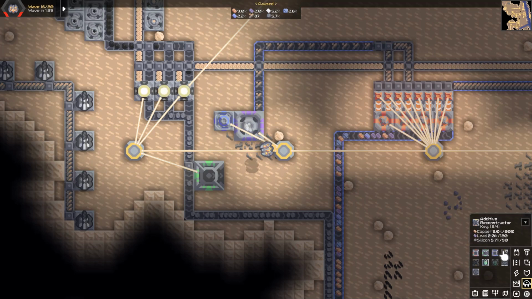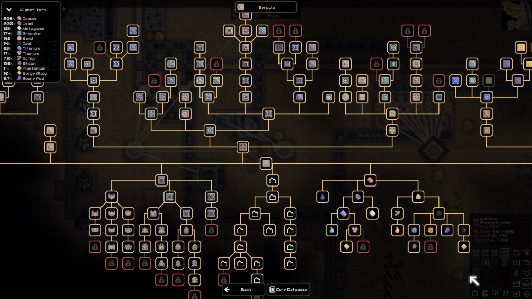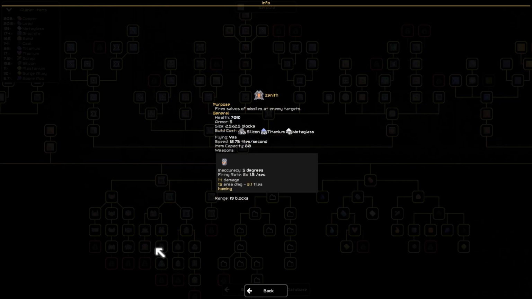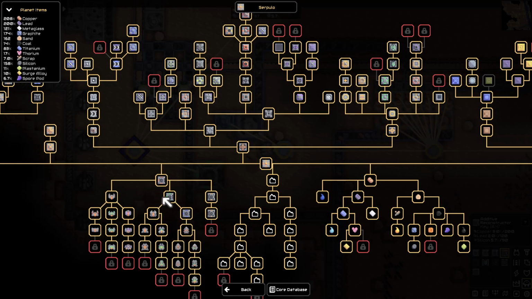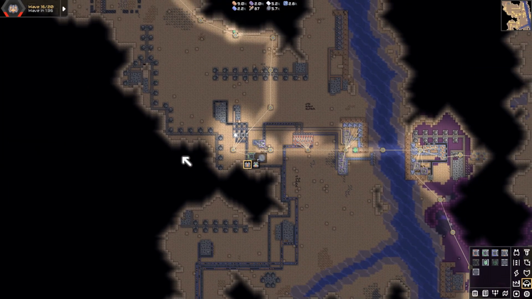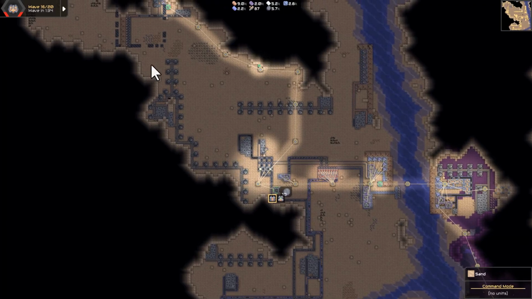And then if we look at the additive reconstructor, just going over into our research here. After the flare, we have the horizon, and after that is the zenith, which fires salvos. It just requires so much stuff. We're not going to do that. And I don't know what that logo is, I've never seen that logo there before. We're just going to worry about the monos. And we're going to send them...